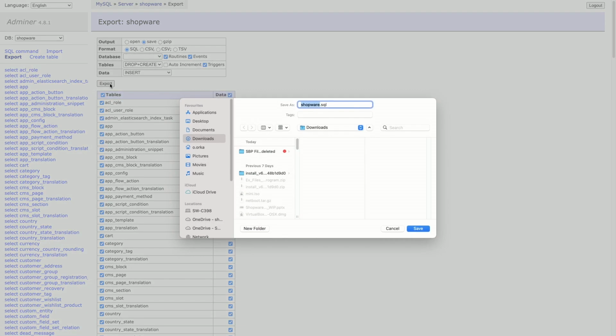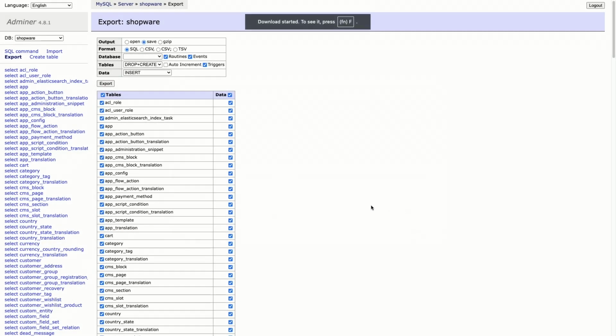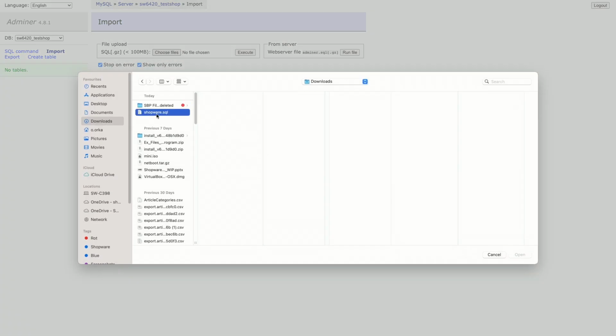So in the name of the live database, with the extension SQL, you can save the export file, and to perform the import, we are going to go back, select the test environment, and then click on import, and we should select the file here, the one we just downloaded from the live system with the extension SQL, and hit the button execute.